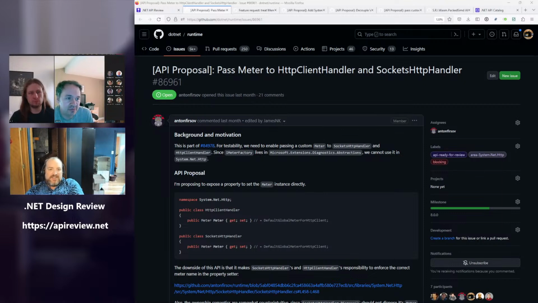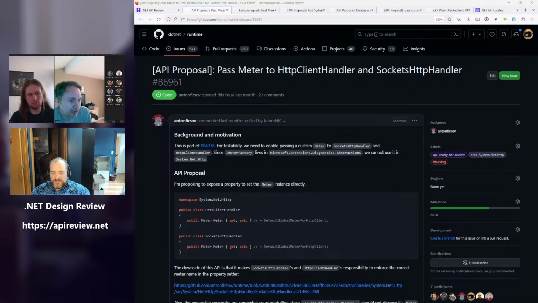Well, yeah. I view that as the virality of the DI principle. If you try and take DI to the extreme, then it says that all your dependencies start showing up all over, in tons of APIs. Right. And presumably we have not done that. We've not said, okay, everything in all of System.* is now going to have all these new constructor parameters and properties where every dependency comes in on every API surface.